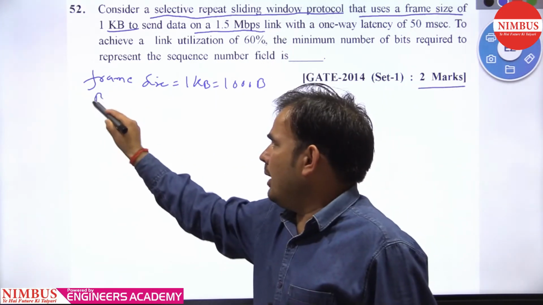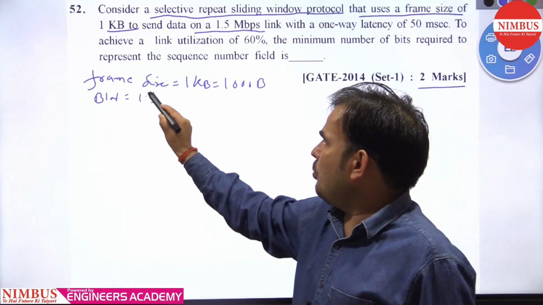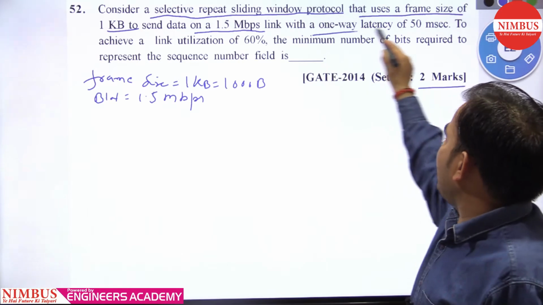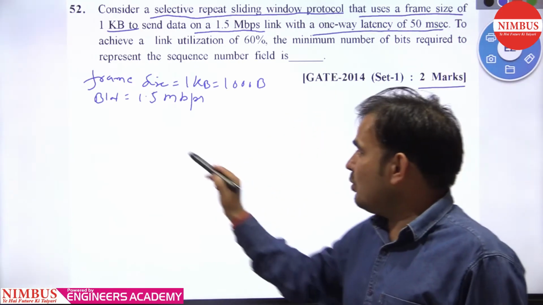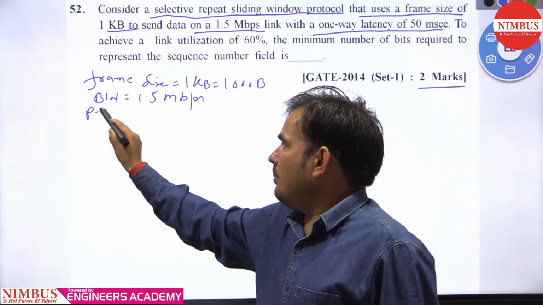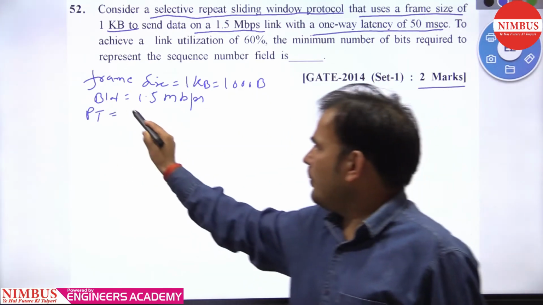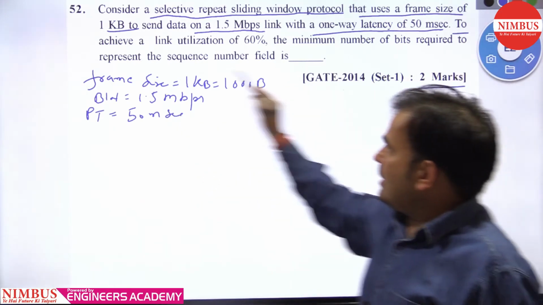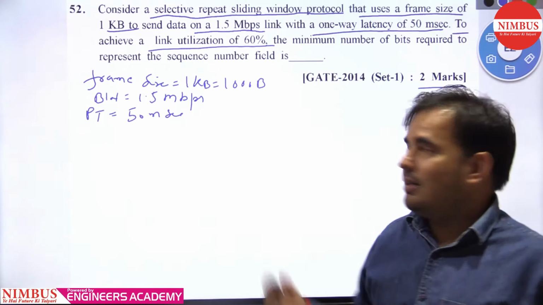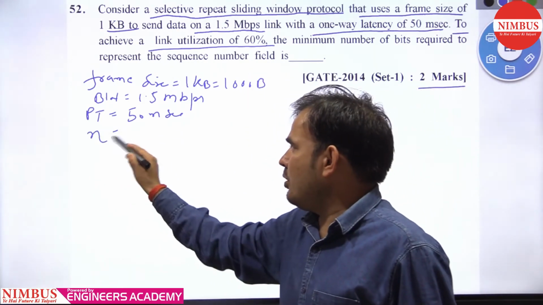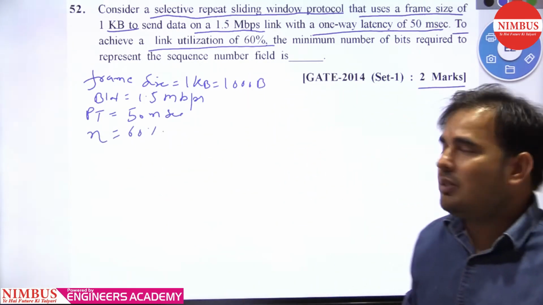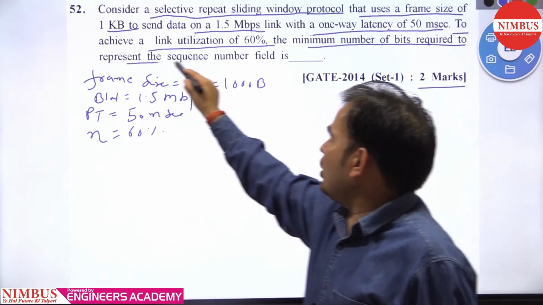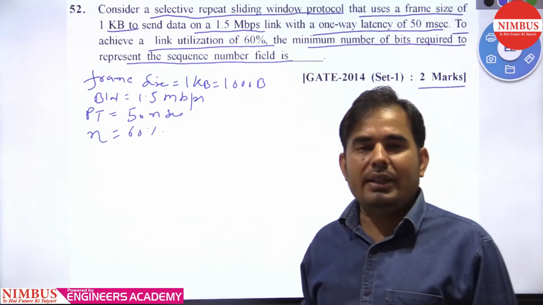this is the bandwidth, which is also given: 1.5 Mbps, megabits per second, with a one-way latency of 50 milliseconds. One-way latency is the propagation time, 50 milliseconds. To achieve a link utilization of 60%, meaning efficiency is 60%, the minimum number of bits required to represent the sequence number field is